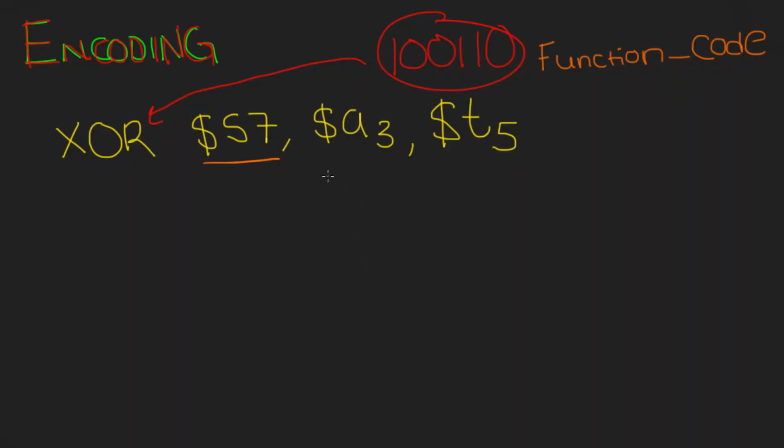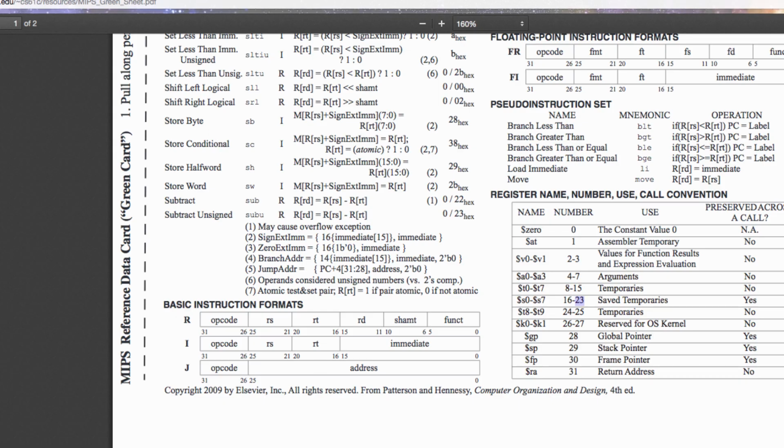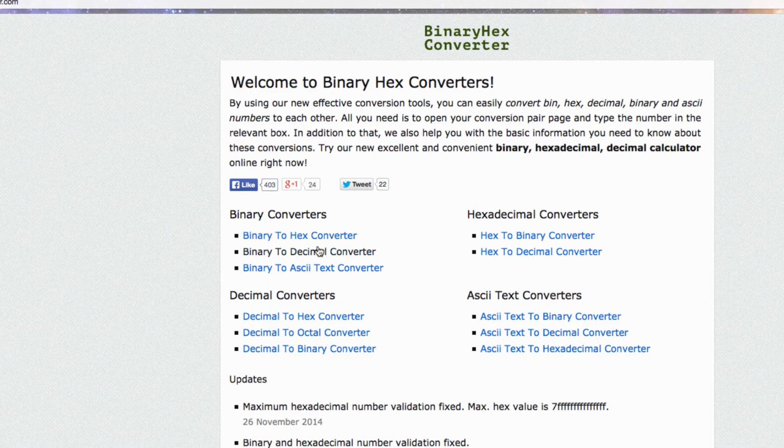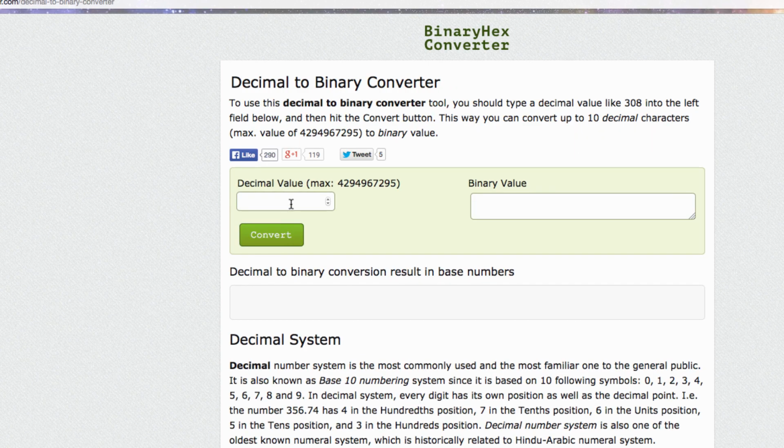So if I go here and I write 23, this is going to be the numerical equivalent representation of the S7 register. However, we're converting this information into machine-readable language. This needs to be in binary. So what we would do is we would open up a binary calculator, and the link for this will be in the description as well. And I will just say I will convert decimal to binary converter. And the decimal value is 23, like we said, and I will convert that, and it gives us this binary